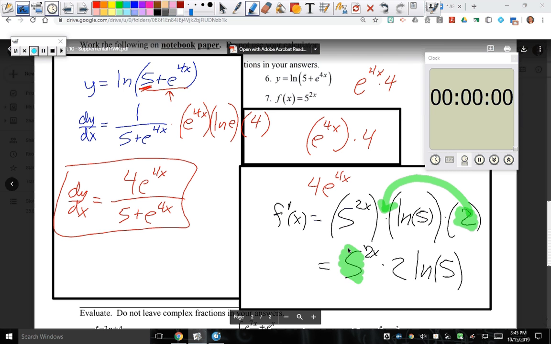That's the million-dollar question that I'm trying to get to. Does this become 2 to the power of 2x? No, it does not. Shoot. It does not, because PEMDAS